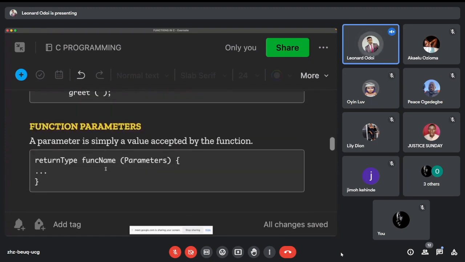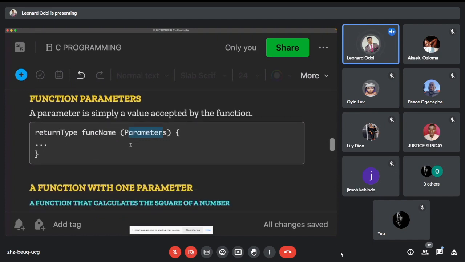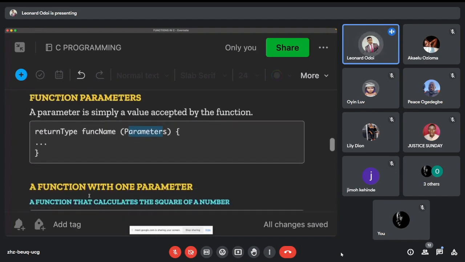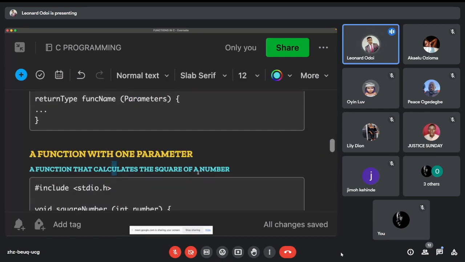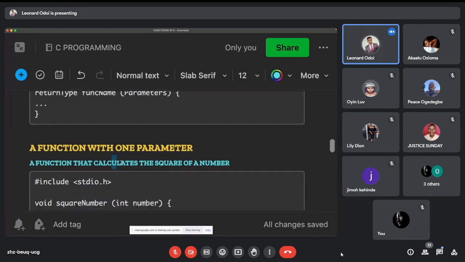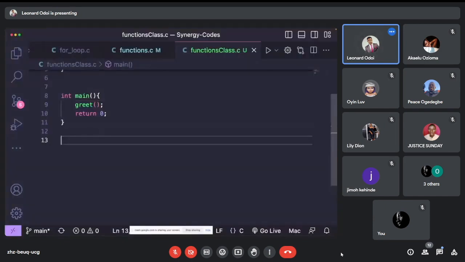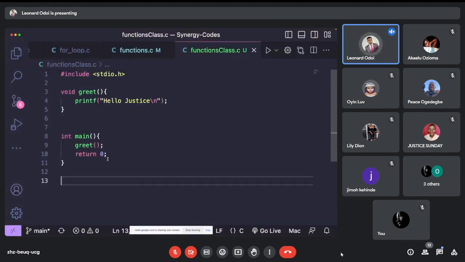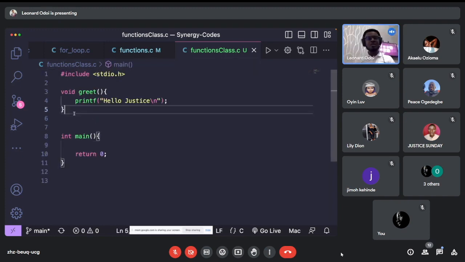Let's go and try functions with parameters and then see what they do. For that, let's write a function that calculates the square of a number. All right, let's try that in our code. So now over here, we're going to try another function. Previously, hitherto, we have been writing all our code in the int main, but like I told you, we have come of age now. So we are leaving the int main and we are writing our functions outside of int